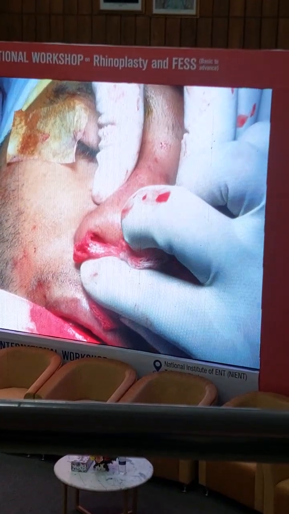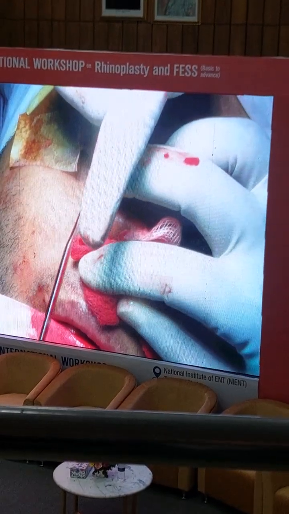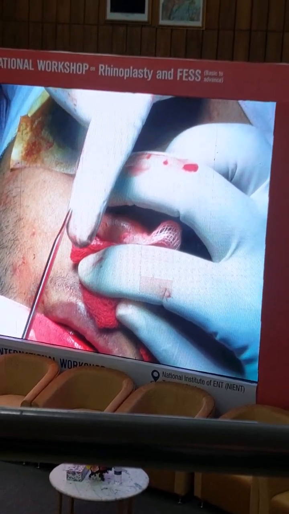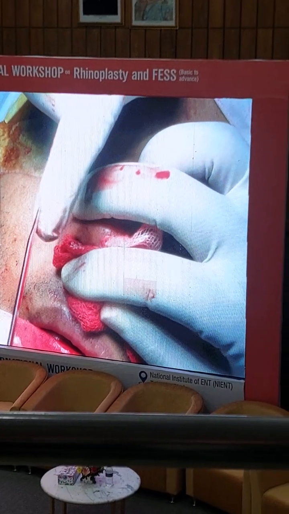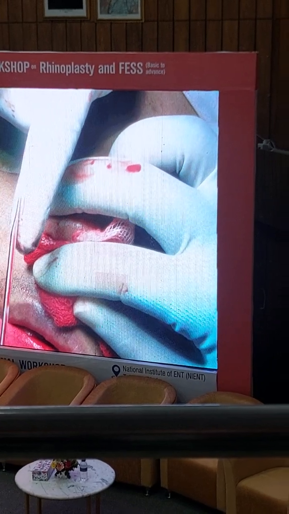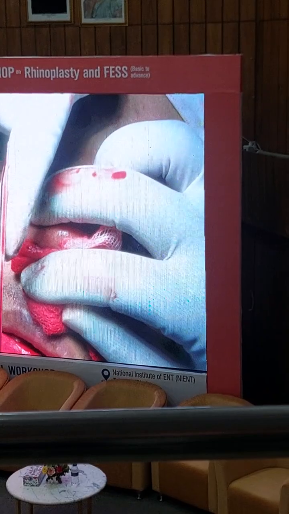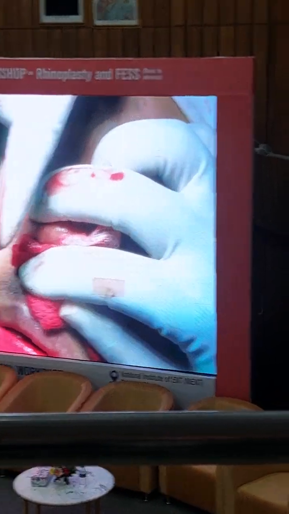There is no exact median osteotomy. This is my septum and this is the midline, but we engage it on either side. In the paramedian osteotomy you can go along the mucosa medially, or go in the superior oblique manner, around 20 degrees away from the midline. So we separate the attachment.